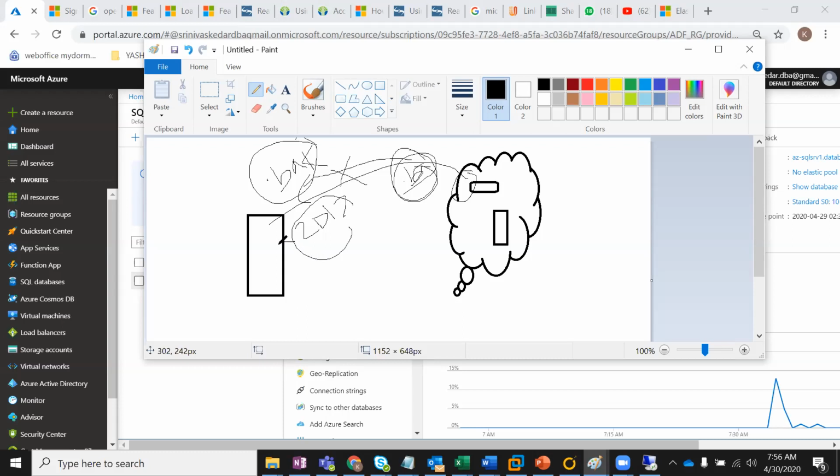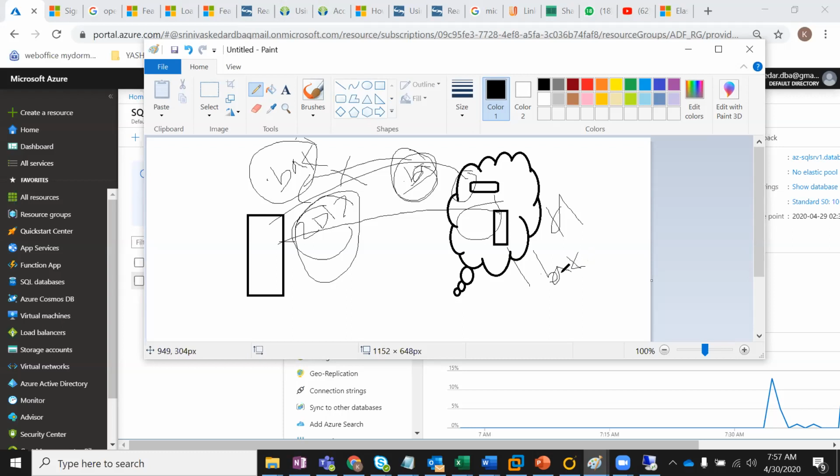Next case is what you asked me. Let's say this is 2012, and you are migrating to 2016 or 2019. You have both options: one is .bak and the other is .backpack.